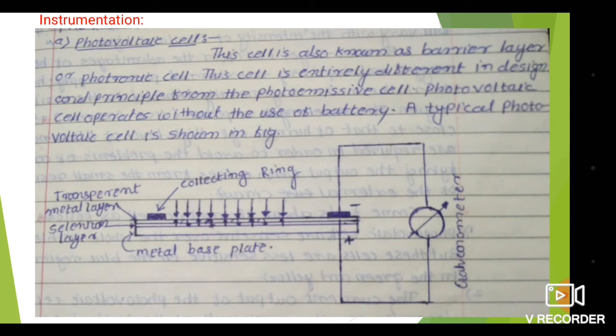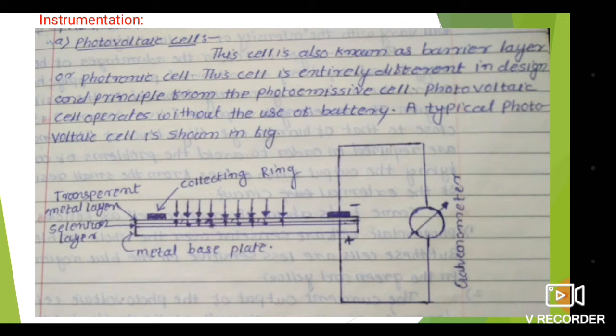So, the advantage this barrier layer cell offers is that it does not require an external power supply, because it works on the photocurrent. But it is limited to the visible region. The wavelength response is very limited, 450 to 650 nanometer, which is close to that of the human eye. High levels of illumination are required in order to avoid the problems of amplifying the output, which arise from the small resistance of the external circuit.